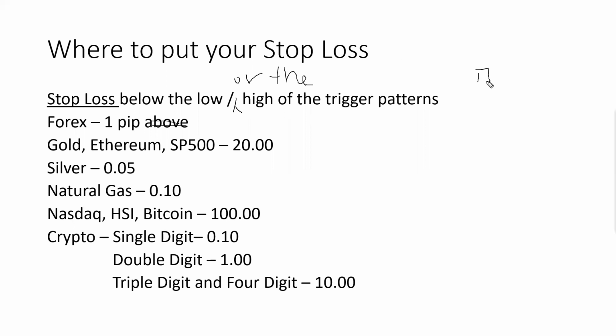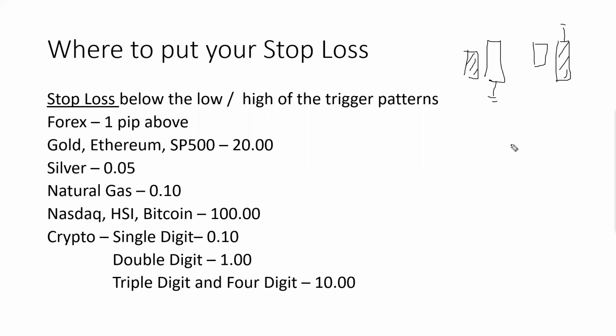So for example, this is the trigger pattern. This is bullish engulfing. And then this is the bearish engulfing. Oh, sorry. Oh, I clicked the wrong button. Okay, bullish engulfing, bearish engulfing, and then, okay, so just over here, 1 pip below, 1 pip above